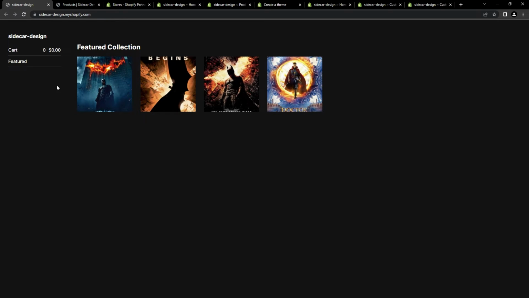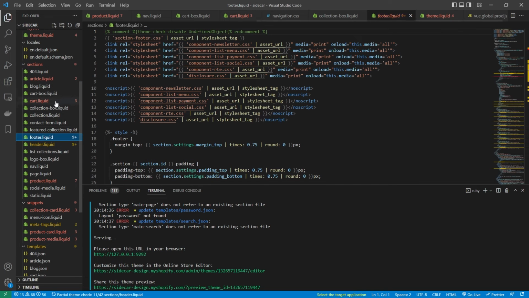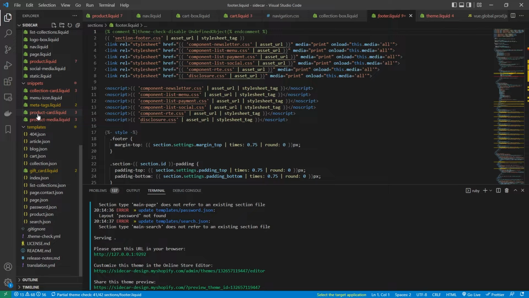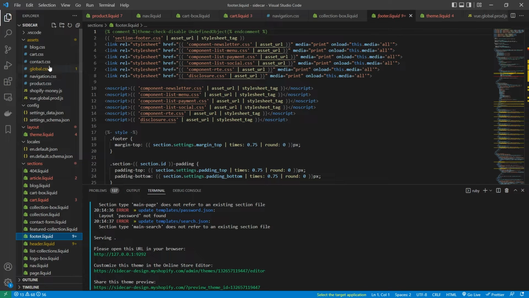This is a theme that I worked on, and I at least wanted to get it out there and see if there was any interest in the code, or even in breaking down thoughts on how to get this done. The code is right here, so you just have a bunch of code, and I cloned the theme Dawn